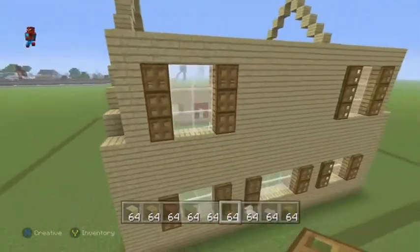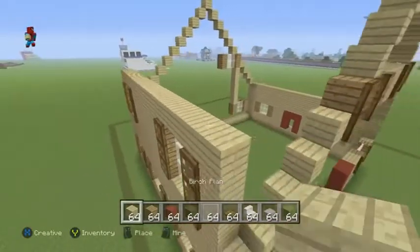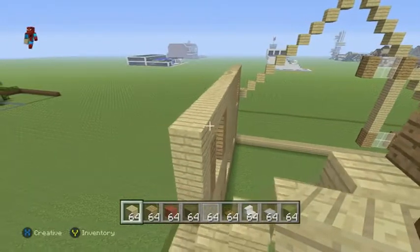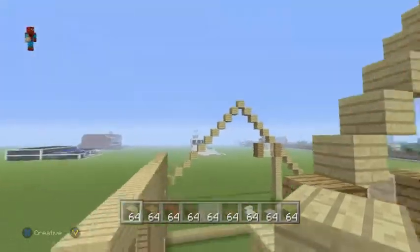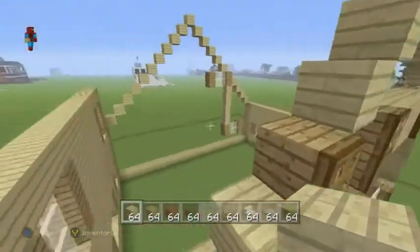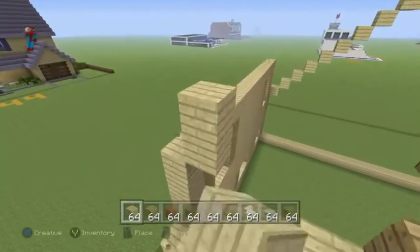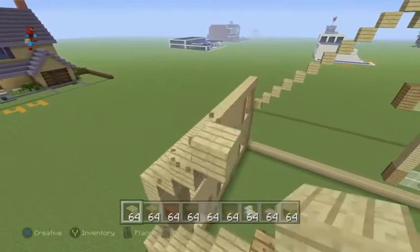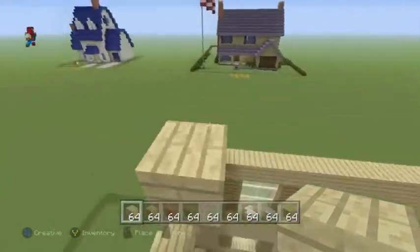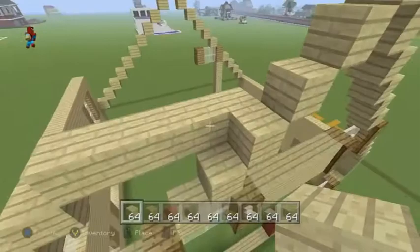And then, now that that's done, we want to take this top row of birchwood planks and add, and this is a bit tricky, 4 inward diagonals using your birchwood planks coming towards the top center of the house. It'll look like this, right? It'll do 1, 2, 3, 4. So that's what you do. You do 4, yeah? Then you take the 4th diagonal, you extend it to where the roof connects, so until